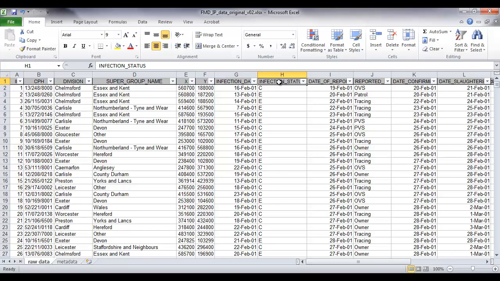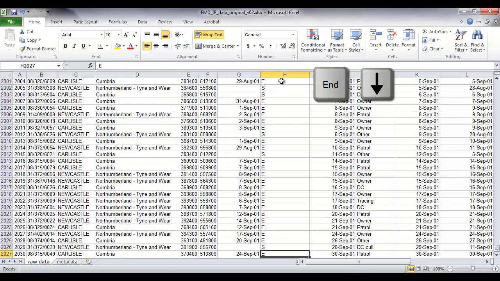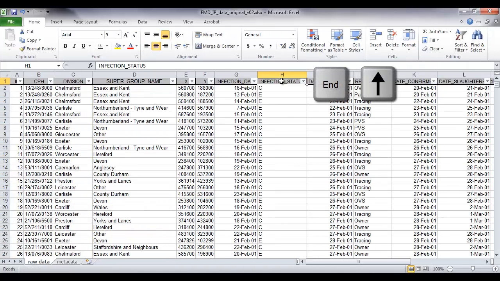If you want to quickly move to the bottom of a column, if you press the End key and then press the Down key on your arrow pad on your keyboard, that will jump you down to the bottom of your data. If you press the End key and then the up arrow, that'll take you back to the top